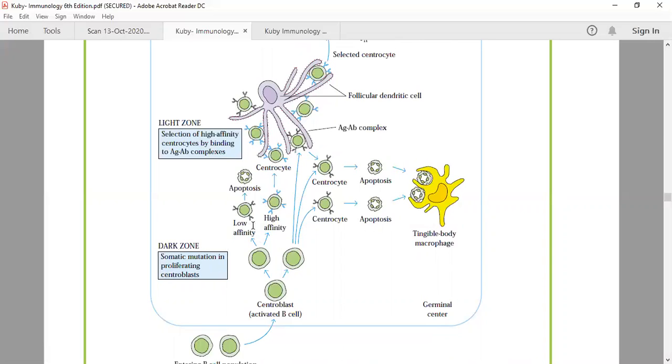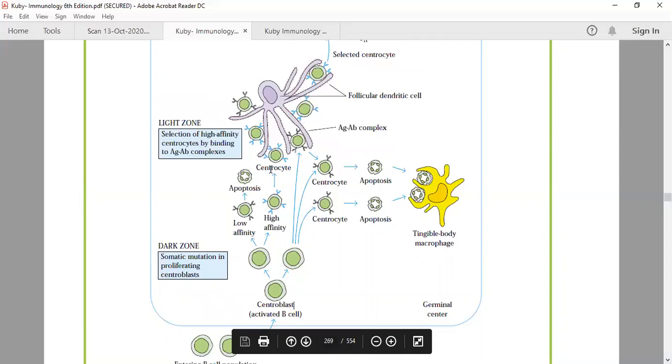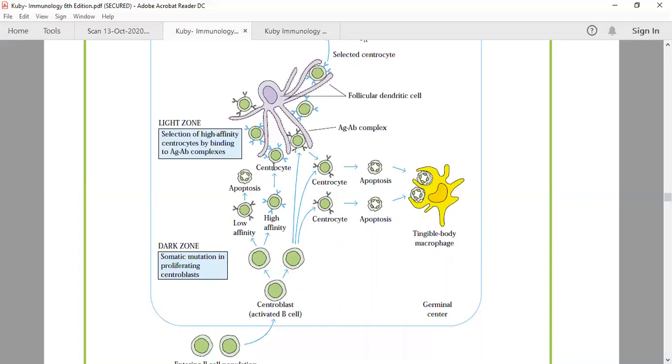Then it will develop into two types of cells. One is low affinity, one is high affinity. If it has very low affinity, it will die. There is apoptosis. It will not survive because at least we require the B cells which can recognize and bind efficiently. So the high affinity cells will survive and differentiate into the centrocyte, which has antibody molecules